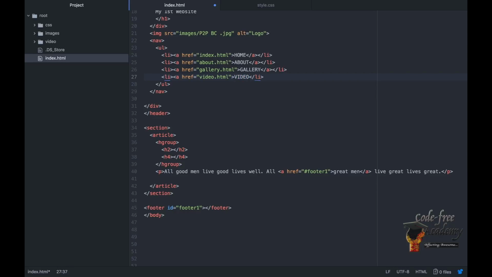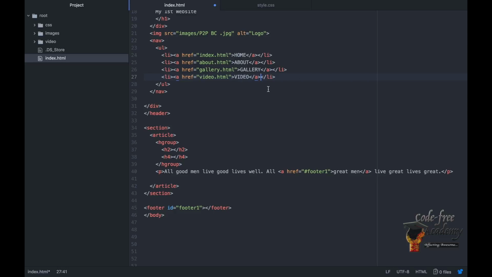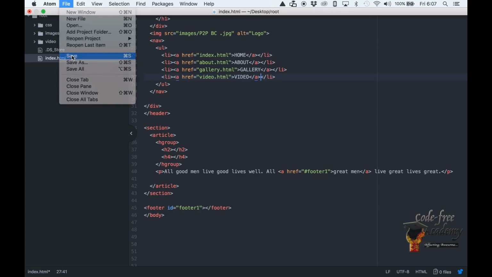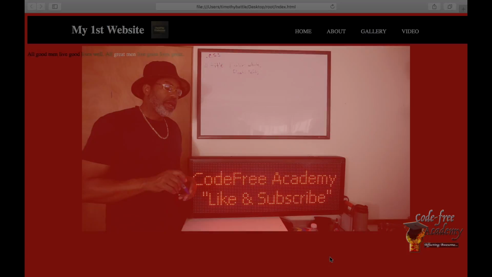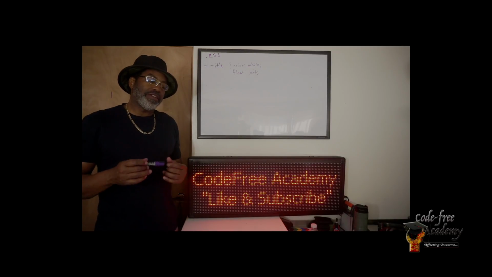Erase the closing anchor tags and put them on the opposite side, or the right side, of the home, about, gallery, and video. Save, refresh, review. Now let's go to our CSS style sheet and add more style to the div ID title